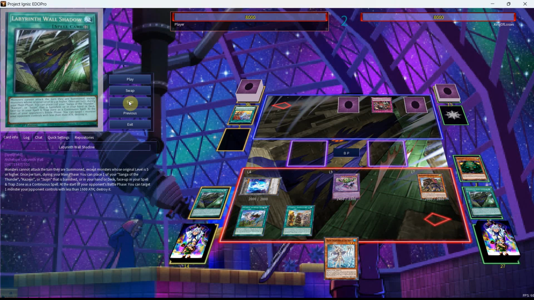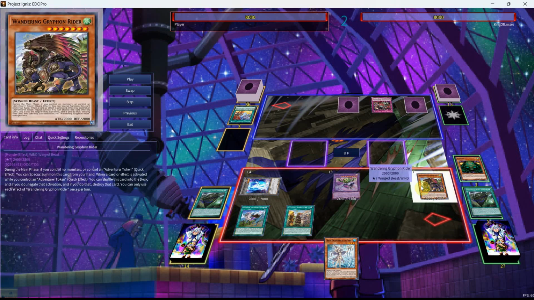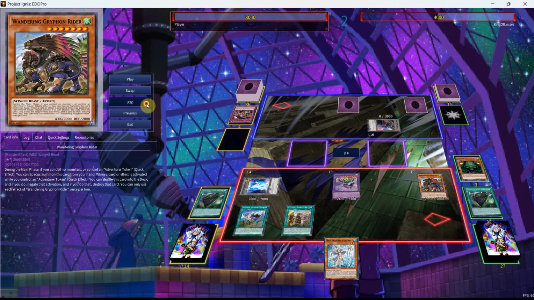and this is kind of important to note because playing around floodgates, you have to remember that Wind and Water only stops the effect and doesn't destroy or anything of the sort, so you can't stop a skill drain or another floodgate with Wind and Water, which is where the Griffin Rider comes in very clutch, as you're able to play through multiple back rows that way. But from here we're going to see our opponent use the shell, getting themselves the token, and